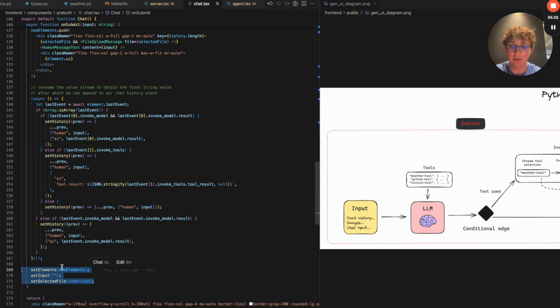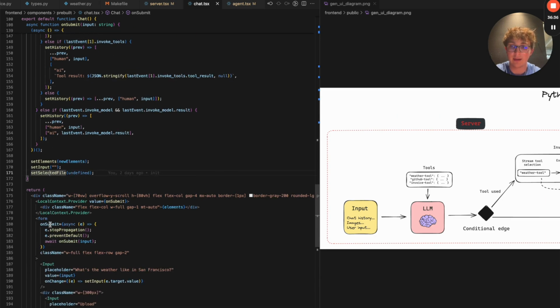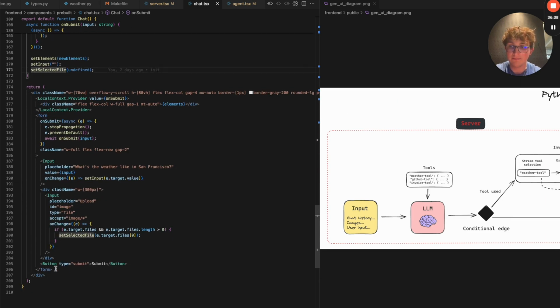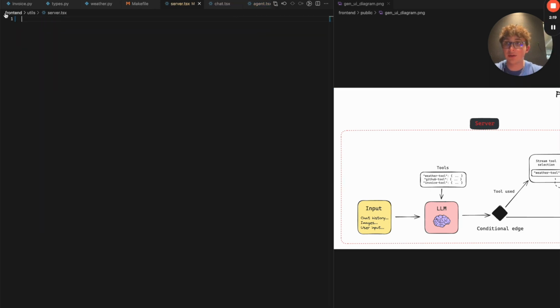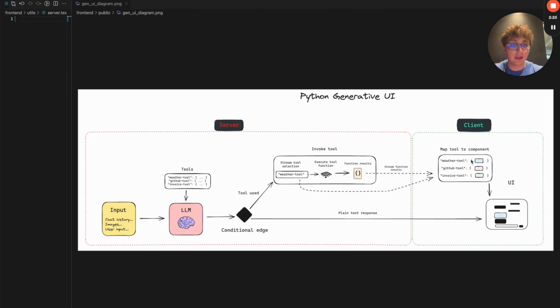Finally, we clean up the inputs, resetting our input text box and any files that were uploaded. And then this is just the JSX, which will render in our chatbot. Go to the front-end utils/server.tsx file, and this is where we will implement all of the code around streaming UI